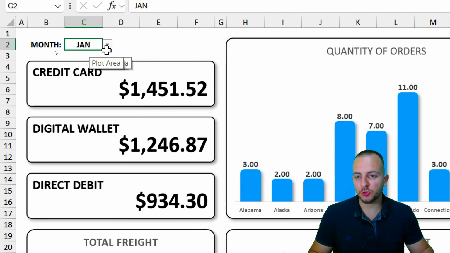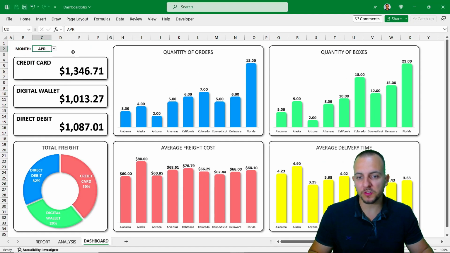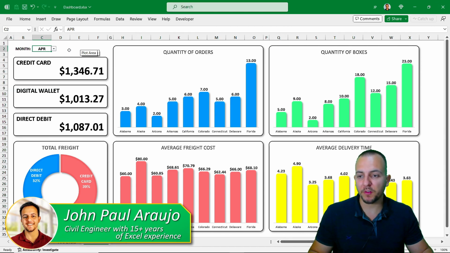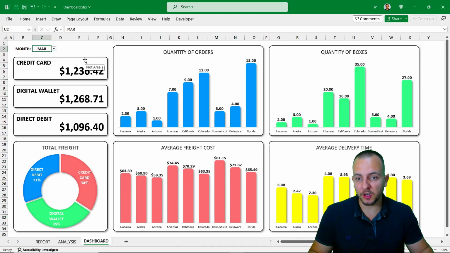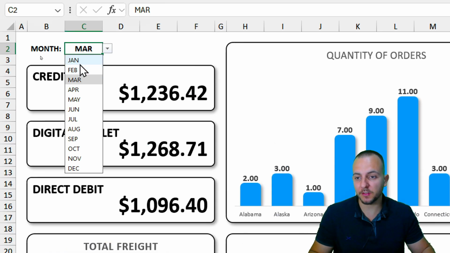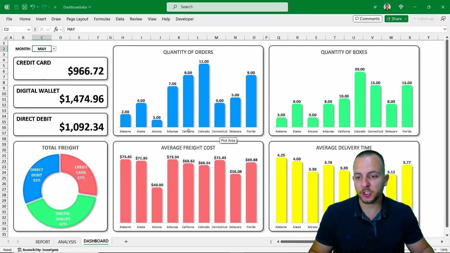How to create an interactive dashboard here in Excel using only functions and formulas, without the need to use any type of pivot tables or pivot charts. Of course, whenever I change here, I choose a different criteria, as you can see, all the charts and all the cards are going to be automatically changed with the new